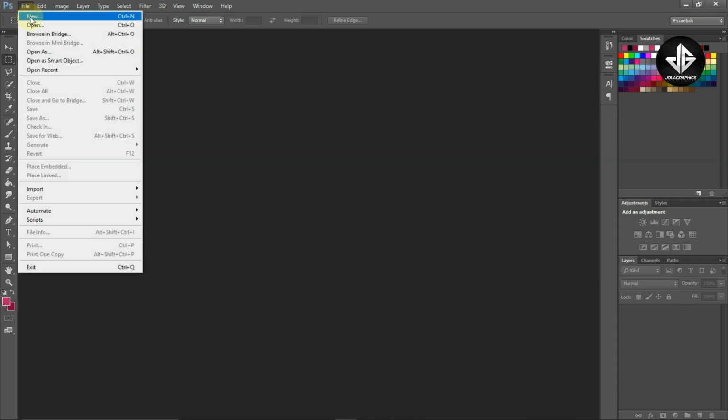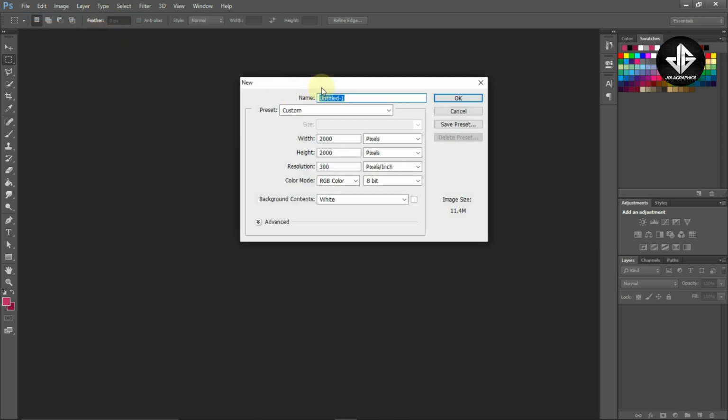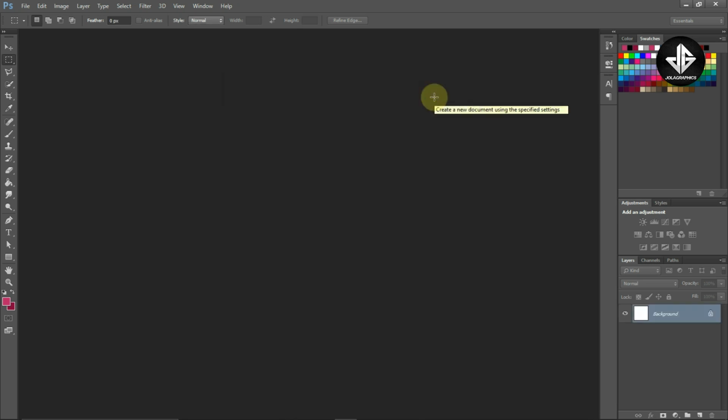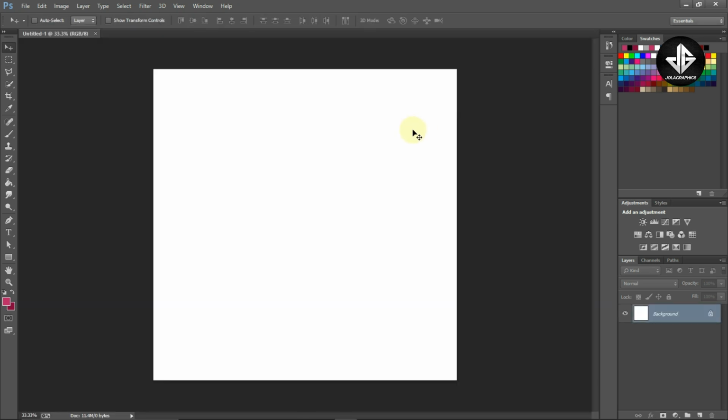create a new document. So we can actually see the shortcut in the front. So we're just going to click on it, and then our workspace, we want a 2000 by 2000 pixel, and the resolution is going to be 300. So while this is set, we're just going to go ahead and hit OK,